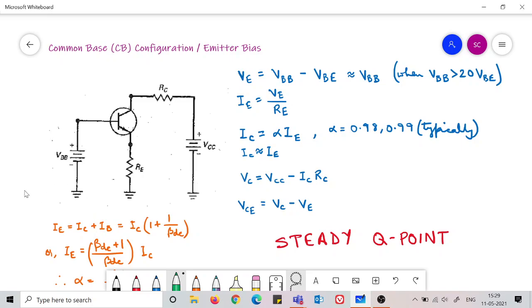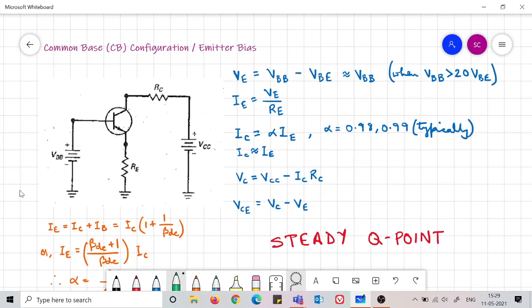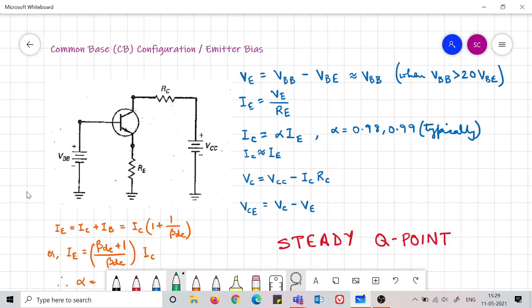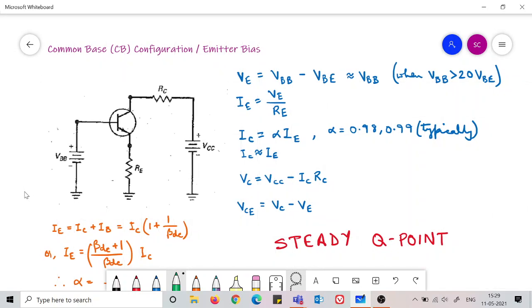So now we simply go through it, we try to solve it. Solving is no big task because we know KVL and KCL. What we have to first find out is the input loop. We first solve the input loop. So in the input loop we try to figure out, would you like to get IB, what is easier to find out? That is what we have to see here.